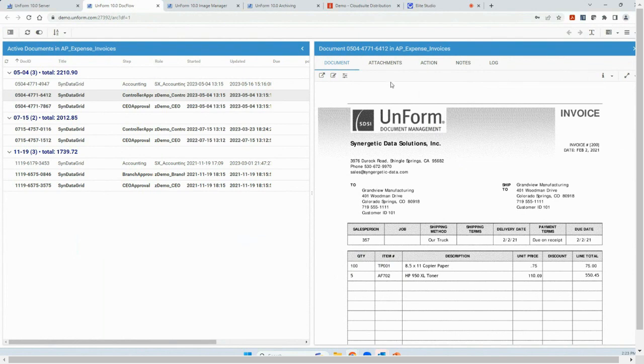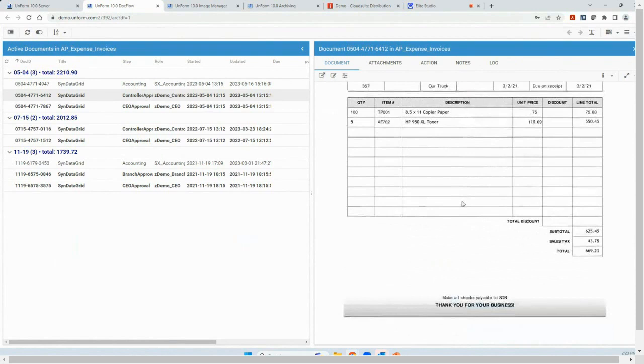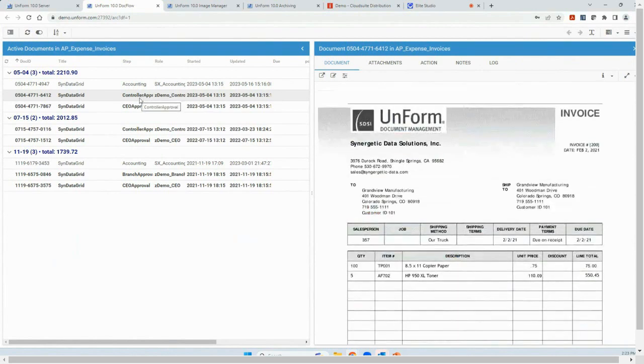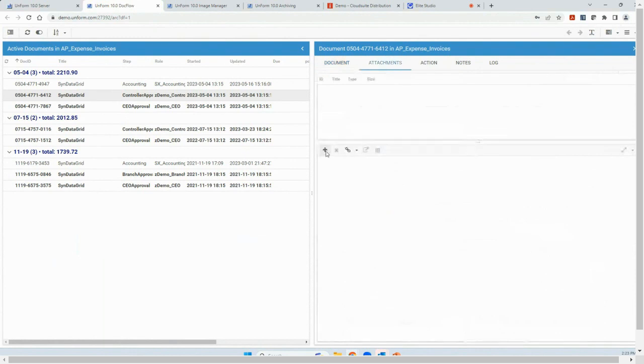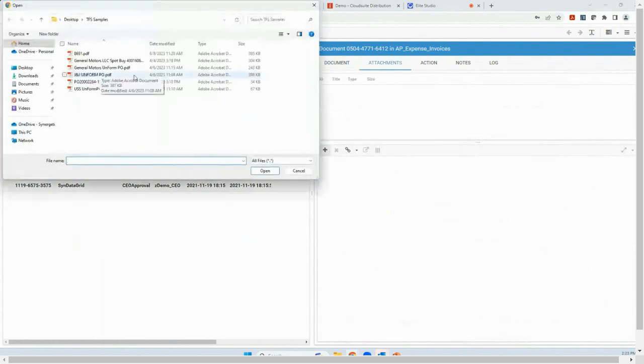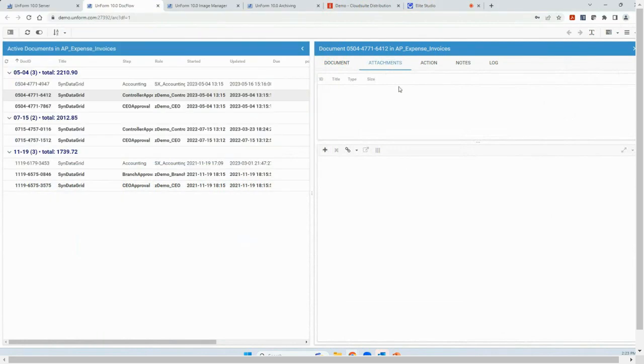As the document comes in, they get an alert that they have documents to review, an email alert with a link, and they can pop right into the DocFlow application here. If they need to add attachments to the document, a copy of an email or something, you can do that.